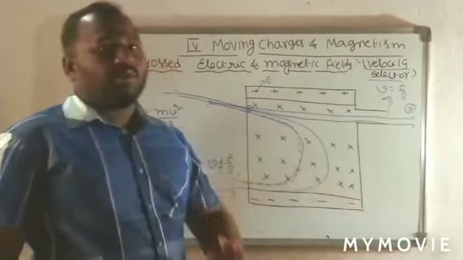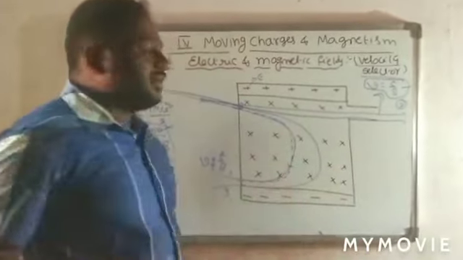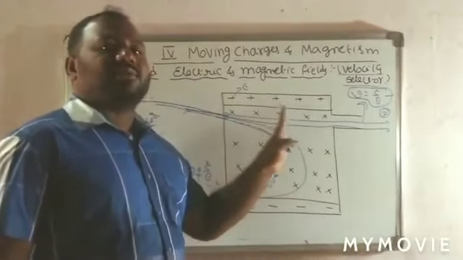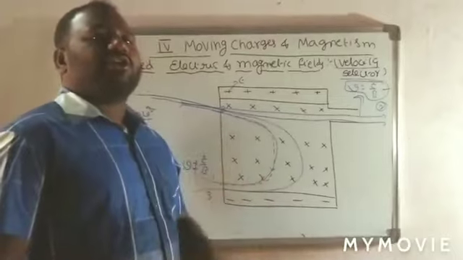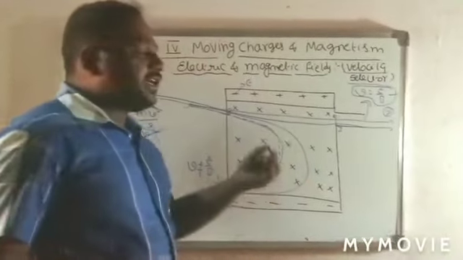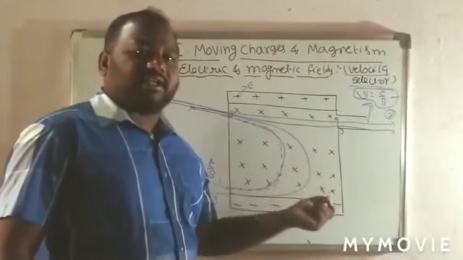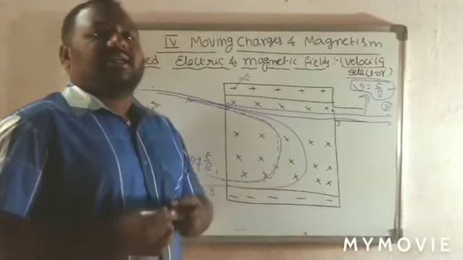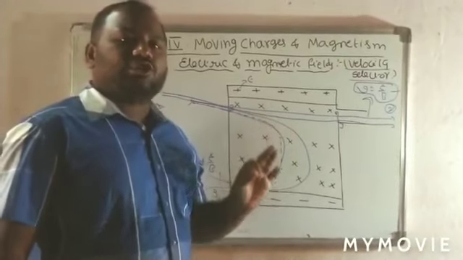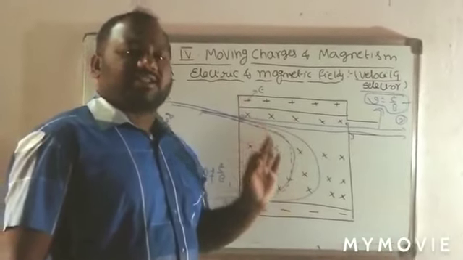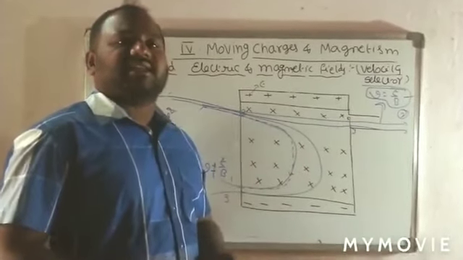But if the velocity is equal to E by B, remember this is an important term, the charged particle velocity equal to electric field by magnetic field, then the net force acting on the charged particle is zero. Due to that, it does not take any deflection. Like that, we identify the particular velocity of a charged particle. So this can be called a velocity selector. Finally, we conclude that the velocity selector is used to identify the charged particles which are moving with the same velocity. That is the application of the velocity selector.